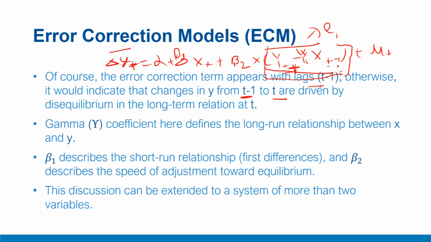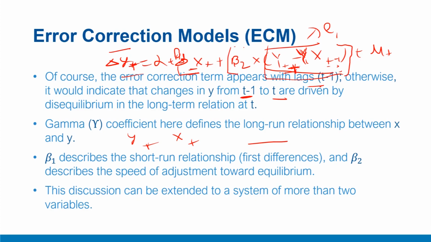Second, you have a gamma coefficient here which captures the long-term relationship between yt and xt minus 1. Obviously, depending upon sign, you can get the impression about the relationship, but the magnitude of this coefficient gives you the long-term relationship between x and y. Next, you have beta 1 as a coefficient of delta xt. Because this is a coefficient of changes in xt, it captures the short-term relationship between delta yt and xt. Because we are using first differences here, the assumption is that yt and xt are I1. Generally, price series and other economic and financial series are I1 in nature, and their first differences are I0. That is conventionally what happens.